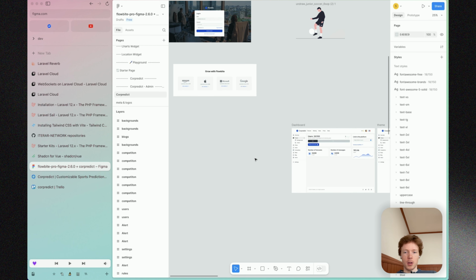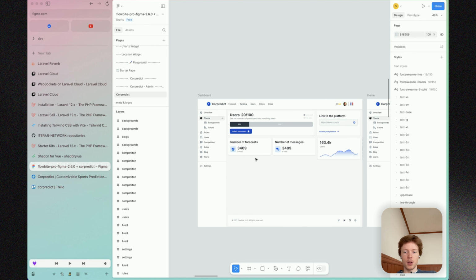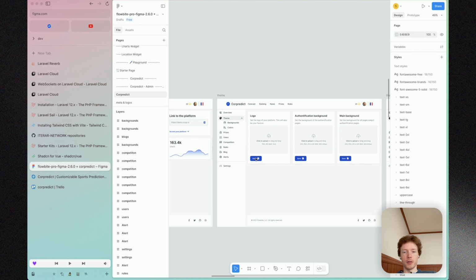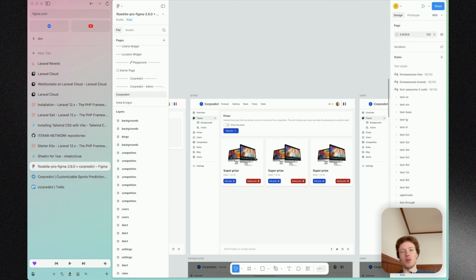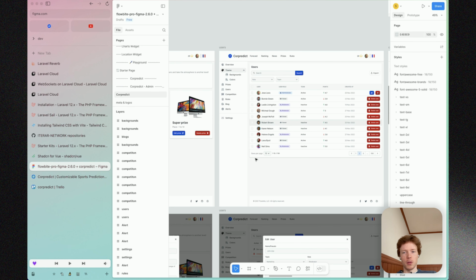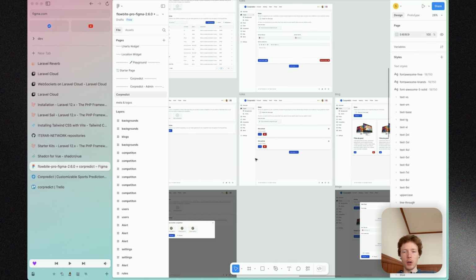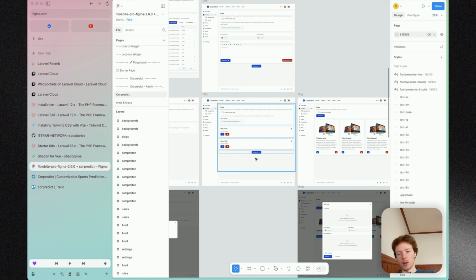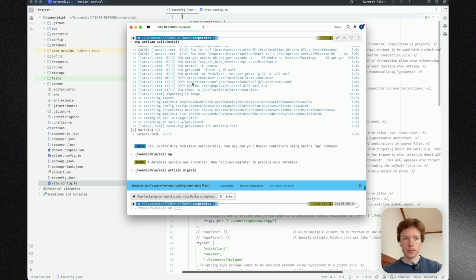And this is the administration dashboard. Same thing, a lot of change will happen here, not in terms of UX necessarily, but in terms of UI. I will do this in the first place, and then I will develop the actual game engine. It's not really a game engine, but